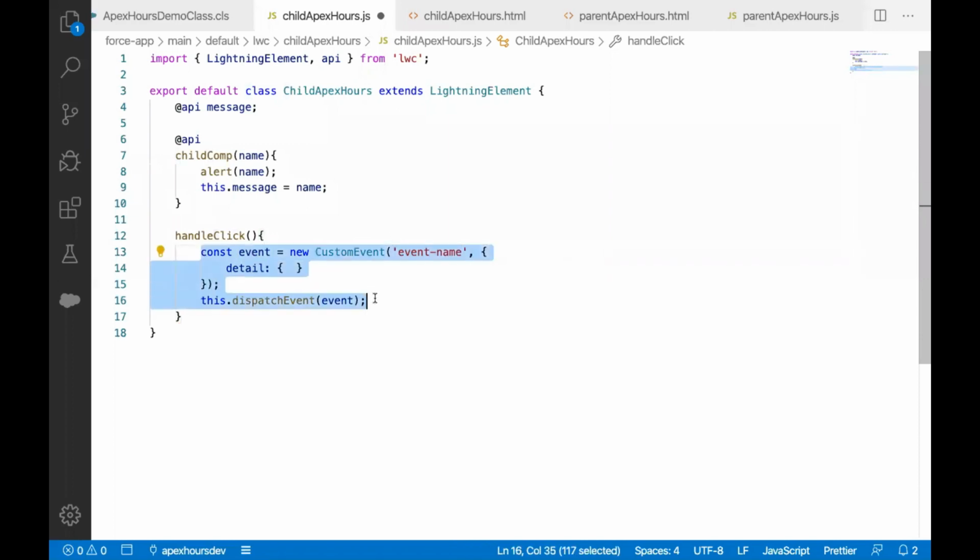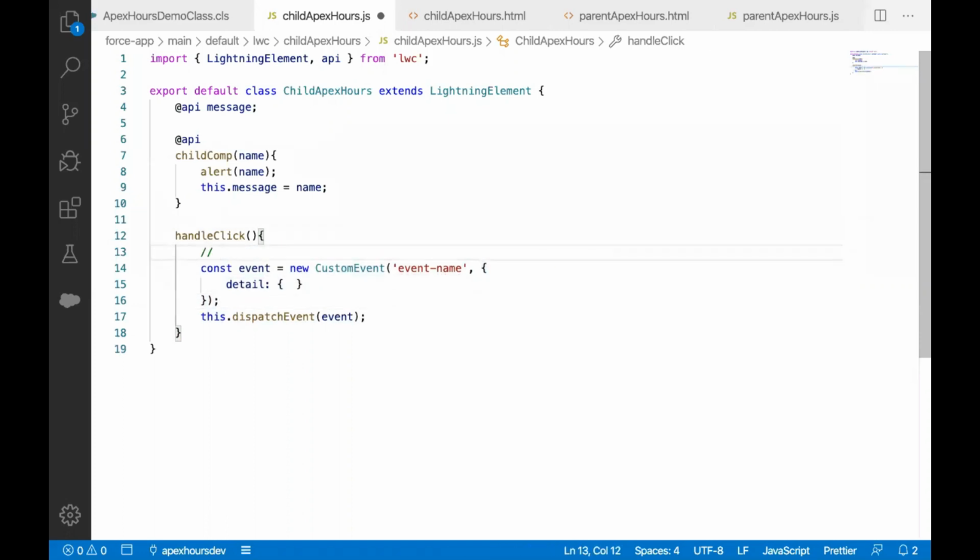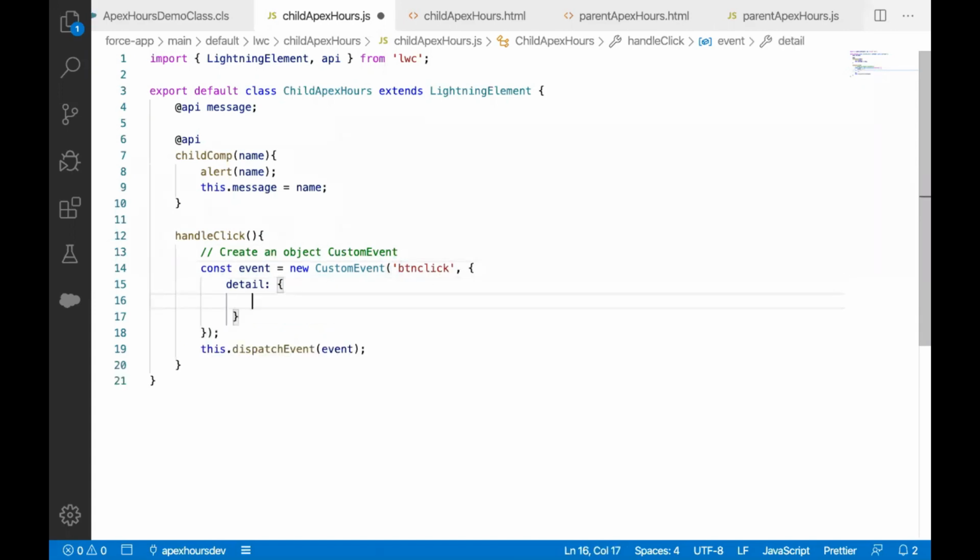this is the syntax for dispatching an event. The first thing that we have to do is create an object of CustomEvent. This accepts two parameters. First is the name of your event. So here you can see that I have got event, so I can say buttonclick, and then here I have got detail. This detail is going to hold the key information, whatever you are trying to send